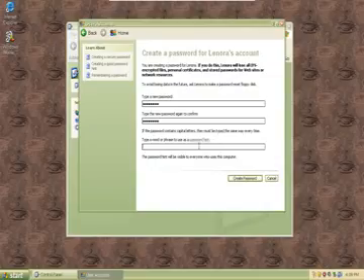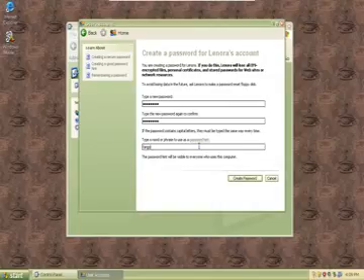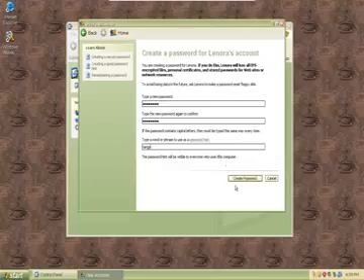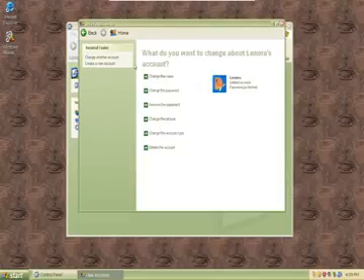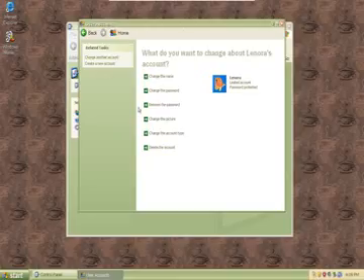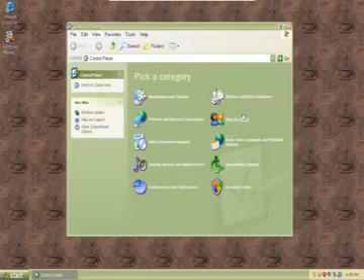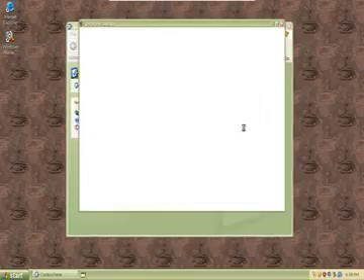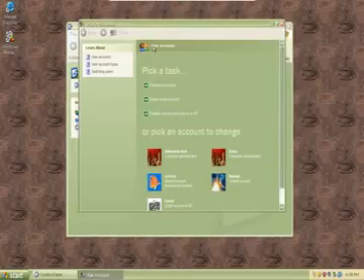I like my password hints to be as confusing as possible and as broad as possible, but still something I would know. So I created my password, and that is how you create one. We're going to click here and shut that. We'll go back in,